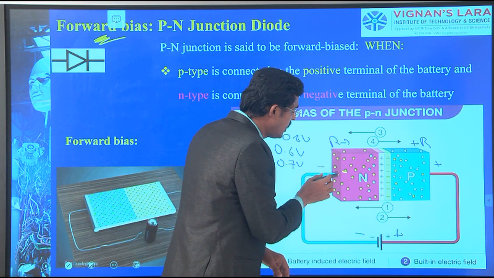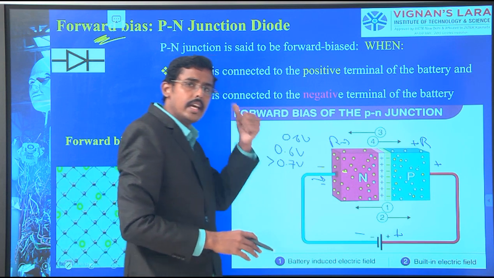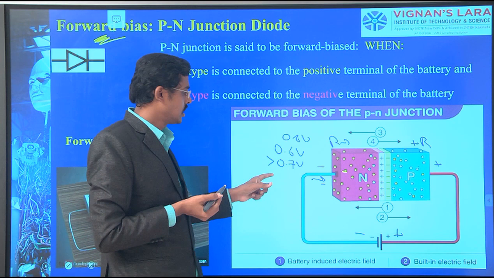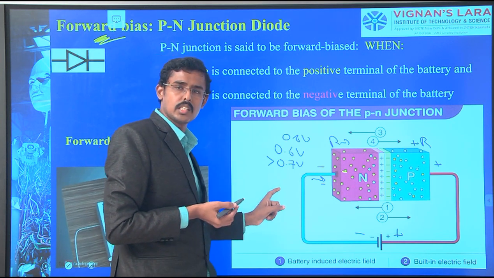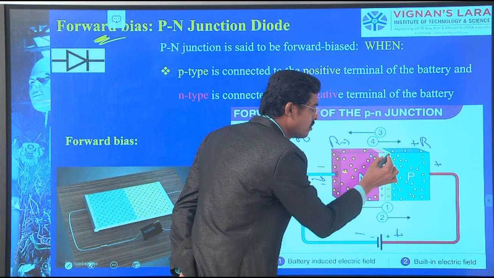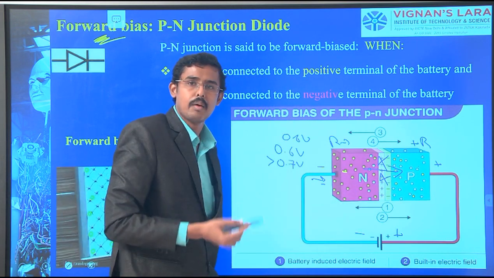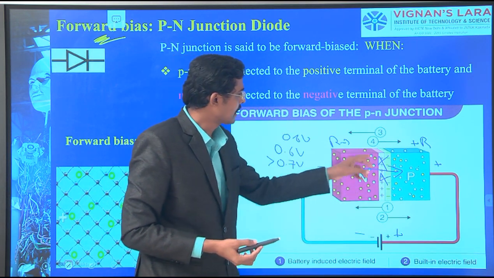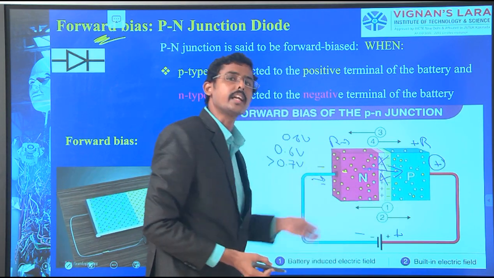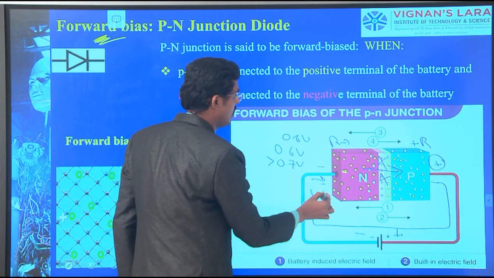It is already repelling, and when I am giving more voltage, it repels more. In the reverse bias, when the voltage increases, it attracts more. In the forward bias, when the increasing voltage repels the electron, what happens then? It repels here. So the depletion region breaks, and the flow of electrons happens. When the electron comes here, obviously the positive is here. It attracts. Then it goes here and continues.